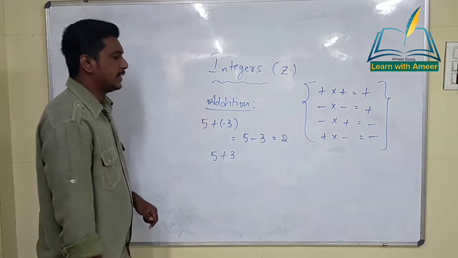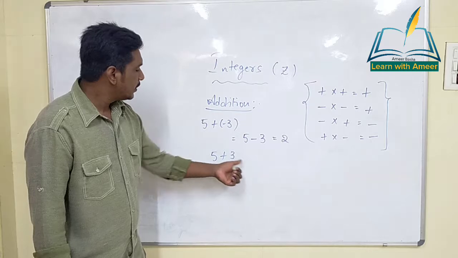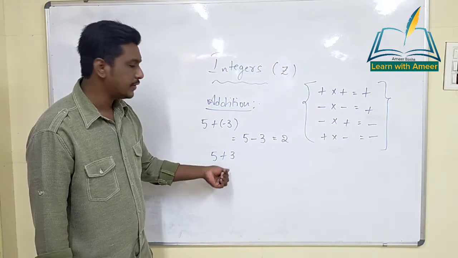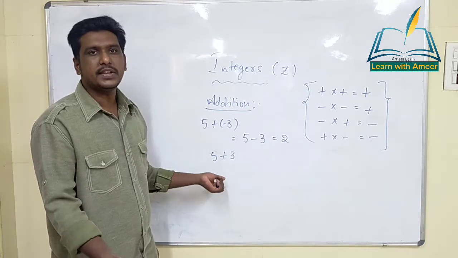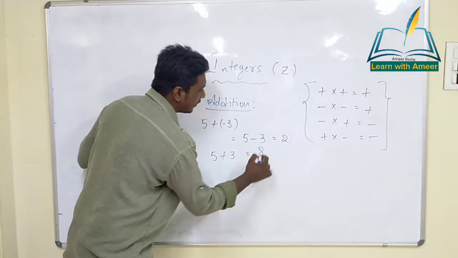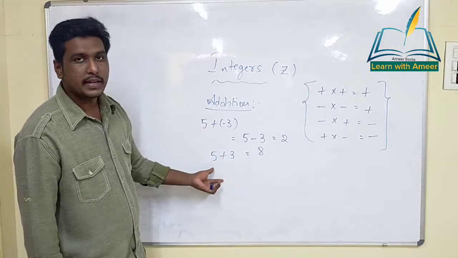5 plus 3. So what symbol do we have, children? Only one symbol, which is the plus symbol. So if we get it like this, then it's very easy. We've all done this so many times. So 5 plus 3 will be 8, children. Move on to the next example.